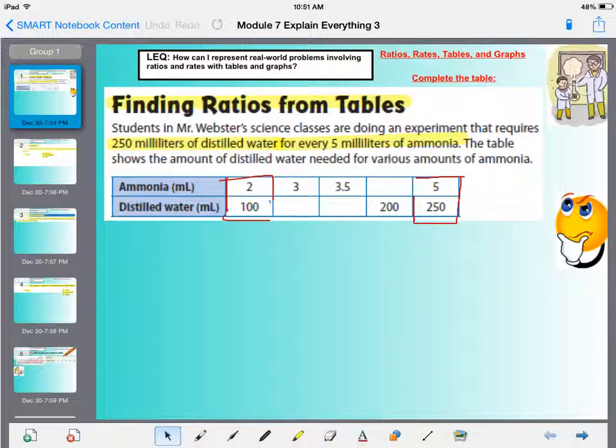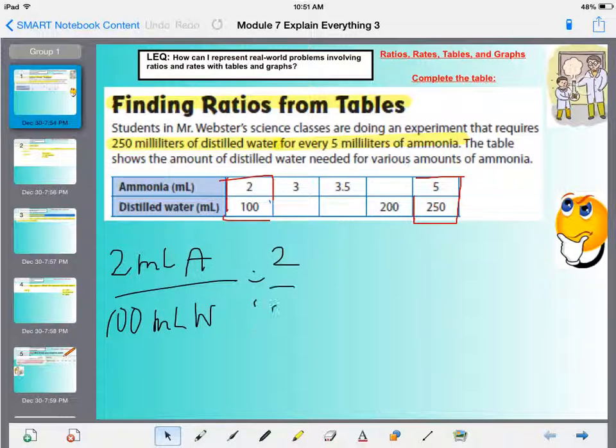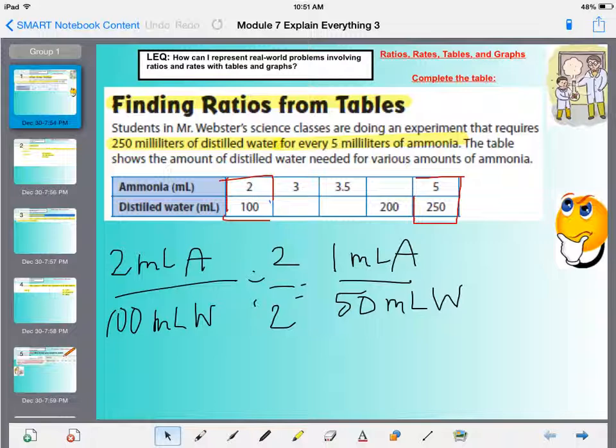So let's go ahead and write a rate where we have information given. 2 milliliters of ammonia to every 100 milliliters of water. And so if we want to find the unit rate, we're going to divide by 2 because we want to know how much water we're going to need for every milliliter of ammonia. So 100 divided by 2 is 50, which means we're going to need 50 milliliters of water for every milliliter